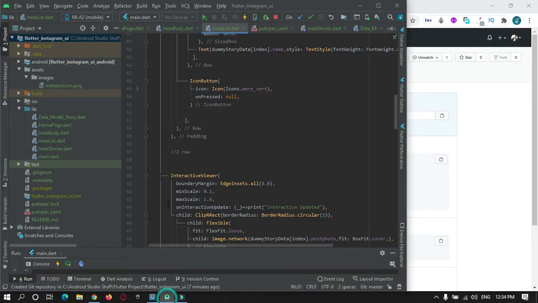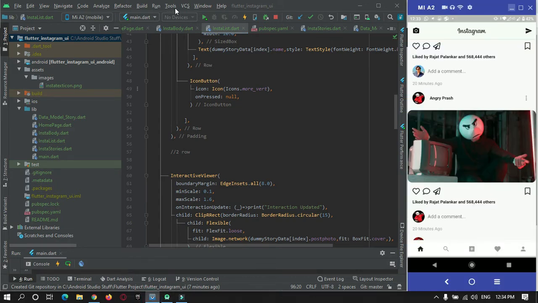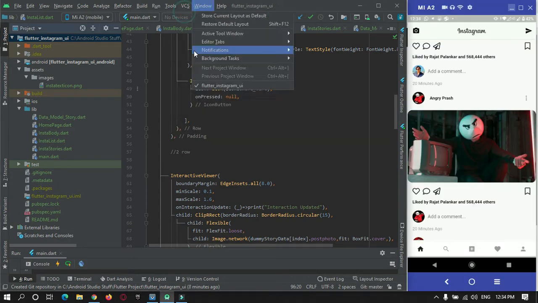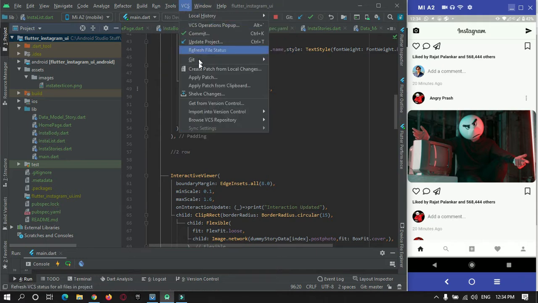Now go into Android Studio. Okay, and in VCS here there is an option, where is it? Just a minute, I need to search.